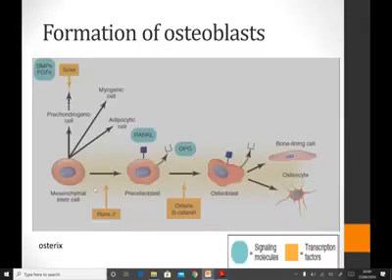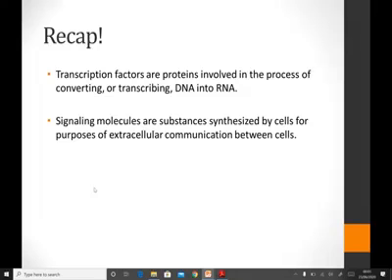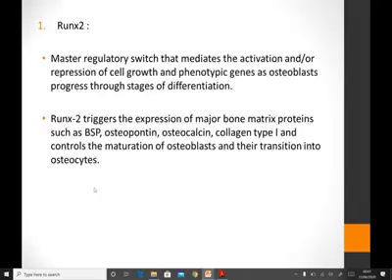And then we have another type of transcription factor, the osterix and the beta-catenin, that differentiates the osteoblast from the pre-osteoblast. Now let's get into the details of what these transcription factors do and how they regulate the formation of the